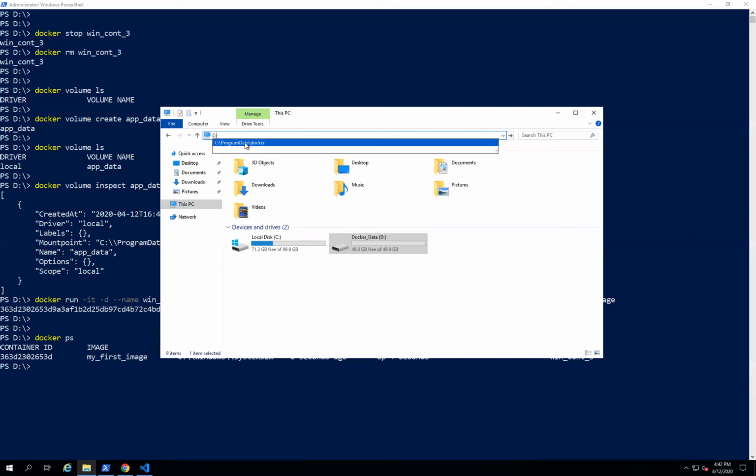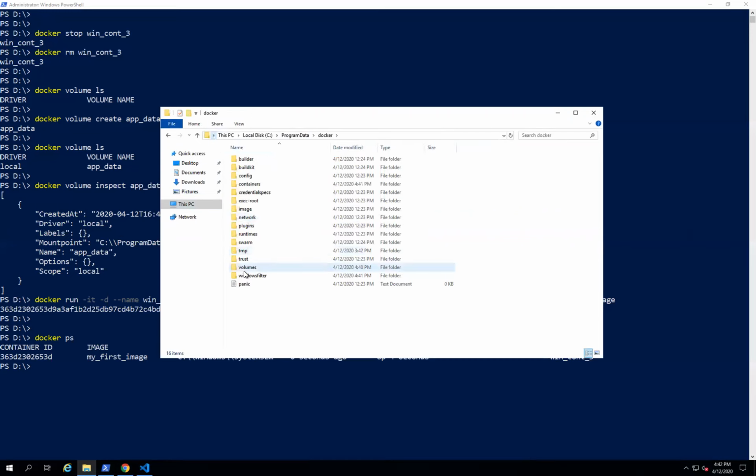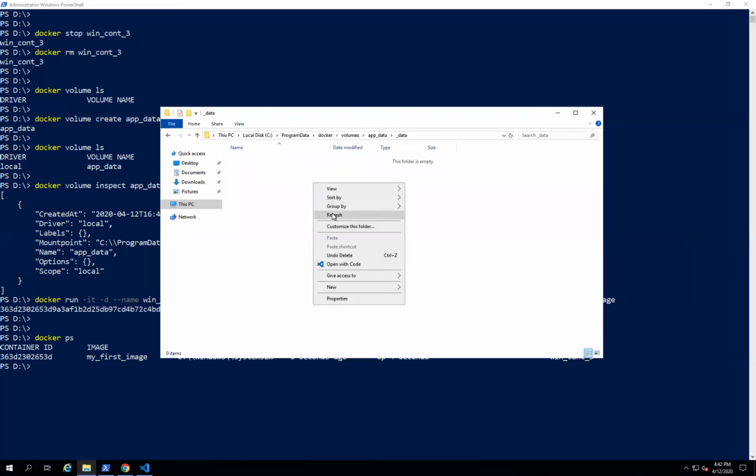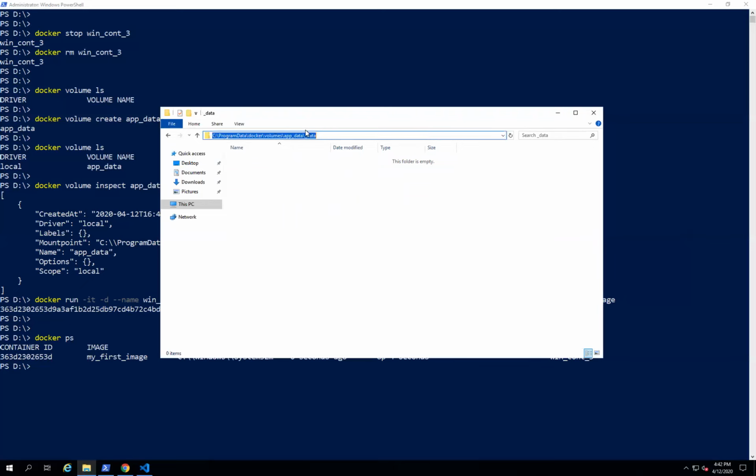So inside the ProgramData docker folder, the volumes folder is there, inside it app_data is there, and inside app_data the _data folder is there. All right, so whatever volume we have created, this is the location. What I'll do is connect to the Docker container, create a file from there, and observe whether this location is utilized to store the data or not.